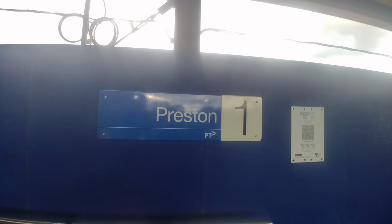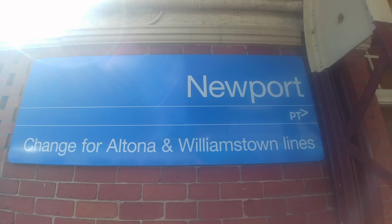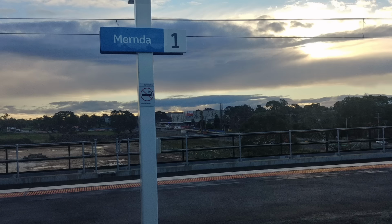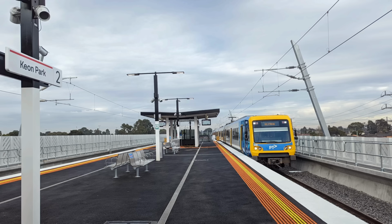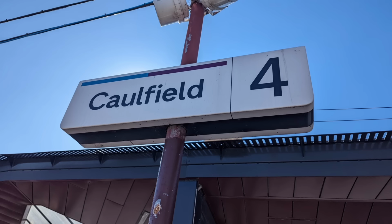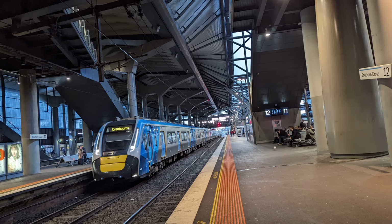However, in a recent push over the last couple years, similar to the whole passenger information display change, there has been an upgrade to the platform signage that has seen the line colouring on the signage with a white background display. We will miss you, Surrey Hills signage. However, now we are seeing the change with the white background and the red, for instance, for the Clifton Hill group on the Mernda line at Keon Park, purple even for V-line services, light blue for Metro tunnel lines,